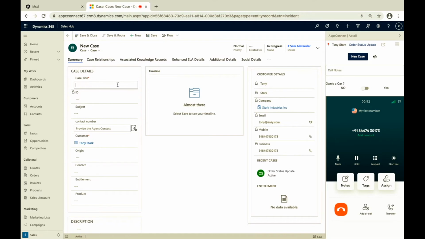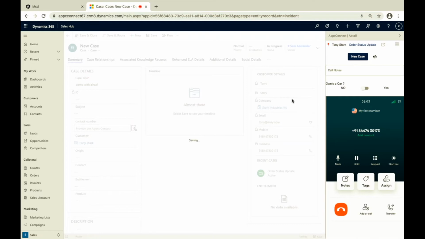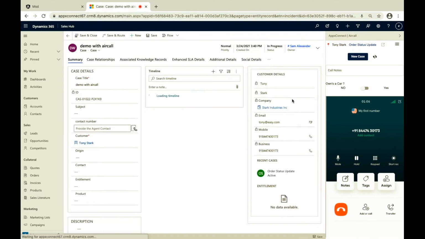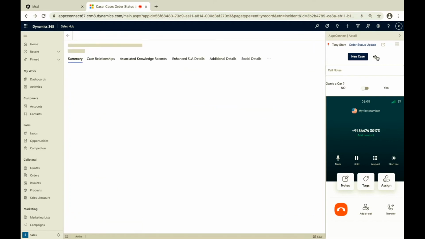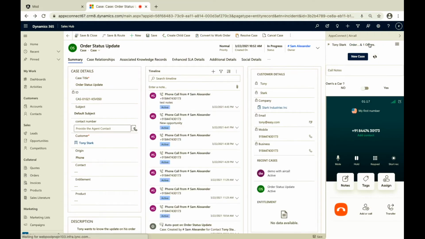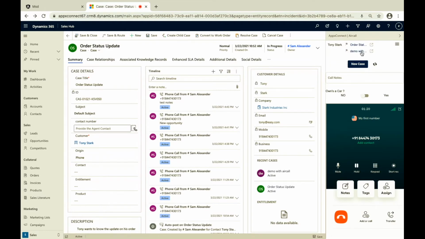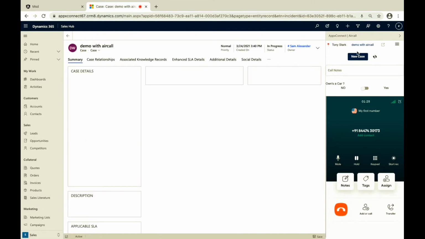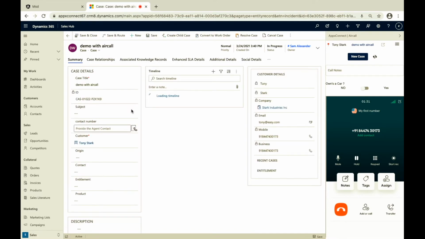The case title can be demo with Aircall. I'm just giving a mandatory field. So save and close. Now it's gone back to the order status update, which was the previous screen. If this call is regarding this particular new case, I can tag this call to that particular case. You can see demo with Aircall has come in now. I can open that, pin the customer record for this particular call,